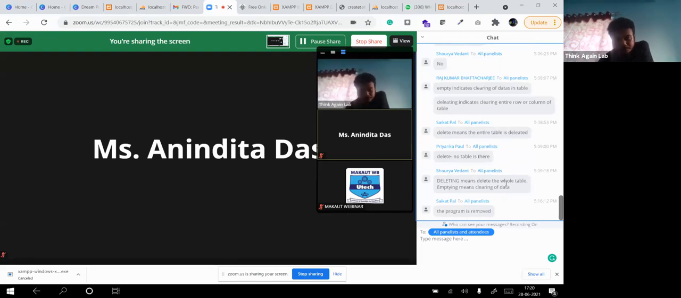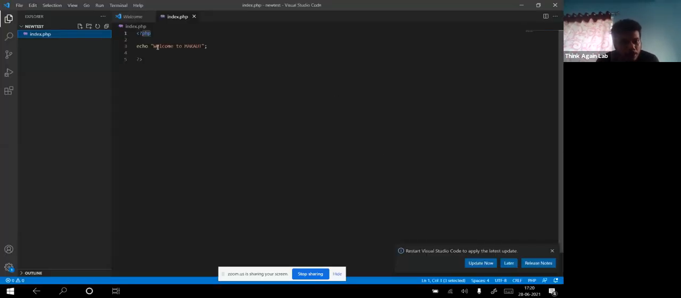Okay, fine. So next, this is a very simple PHP program where we are echoing a text, right? Echo means it's like print. Whatever we put within the echo brackets, it will print that thing. Suppose we can also print